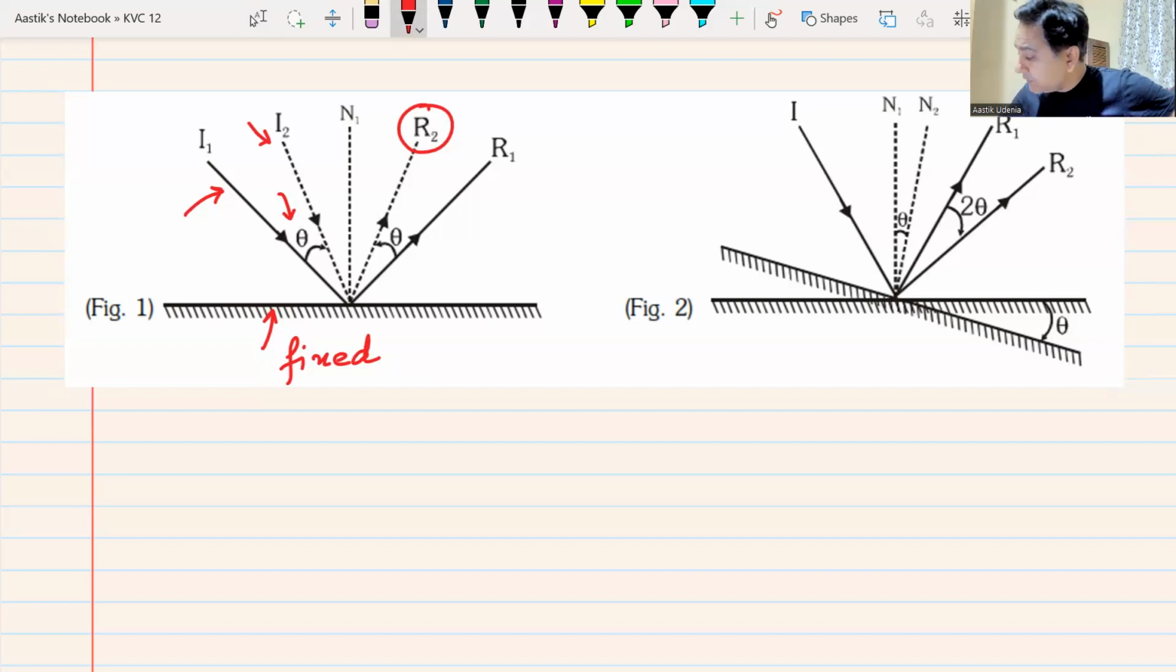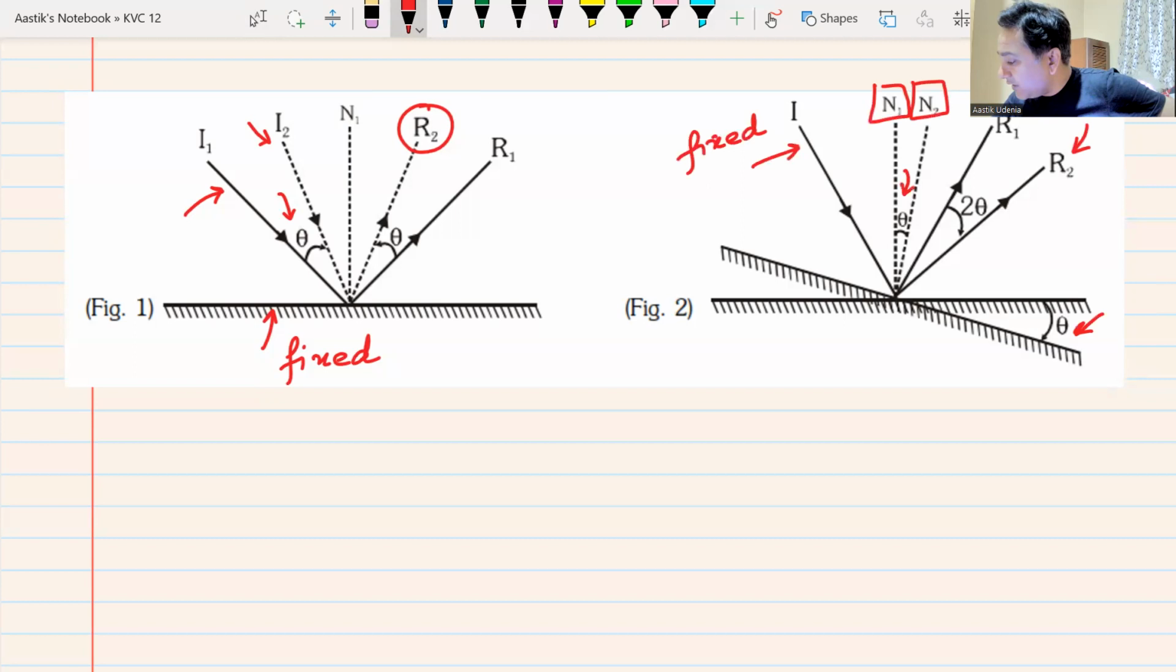In case number 2, I have kept the incident ray fixed. I have rotated this mirror by this angle theta, and as you can see, this normal also rotates by an angle theta. Therefore, theta plus theta, this new reflected ray rotates by an angle of 2 theta. Can I have raised hands from everyone that we have understood this? A simple concept,